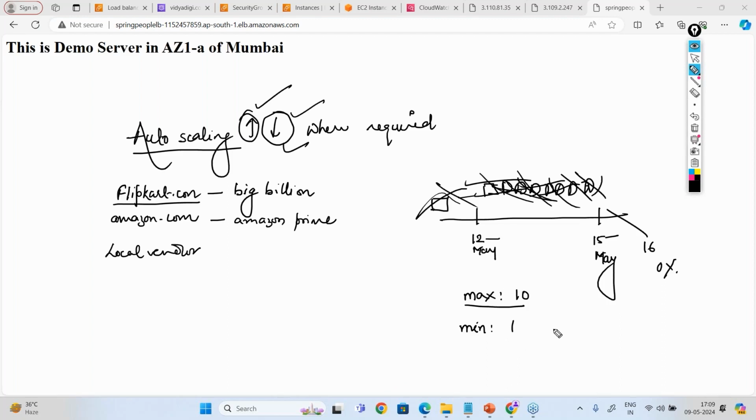Now my father is saying, hey Parul, I'm giving you 2 options. You can have 1 toffee, or you can have maximum 10 toffees or chocolates. How many do you want now? What is your requirement? This is the minimum and this is the maximum. Then my choice is the desired. So there are 3 parameters which we have to set. If I'm desiring 2, my father is saying, Parul, minimum 1, maximum 10, how many do you want to start with? If I say desired 2, I'm taking 2 toffees, 2 chocolates, so exactly 2 servers will come into the picture when you put a desired value of 2.